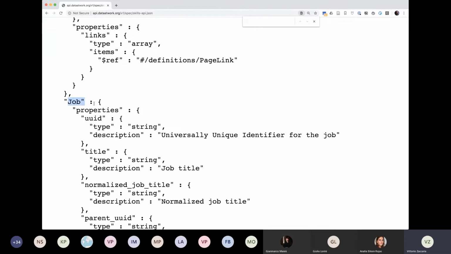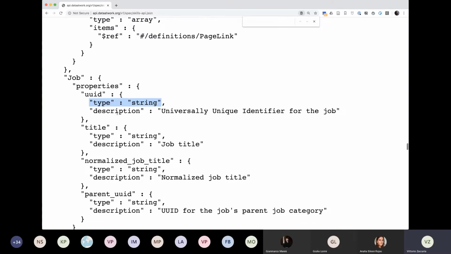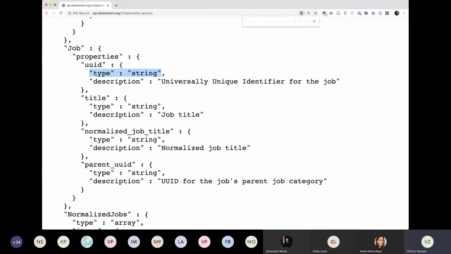Okay, here jobs, and as you can see here, the job is described as a structured object with a set of properties. Each one is a type, and you can also have properties that are again structured objects and so on. So it's a kind of hierarchical structure associated with the object type, and it's more or less, I think,